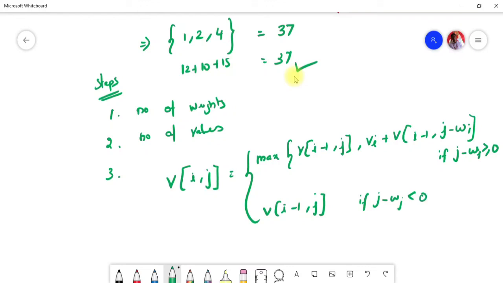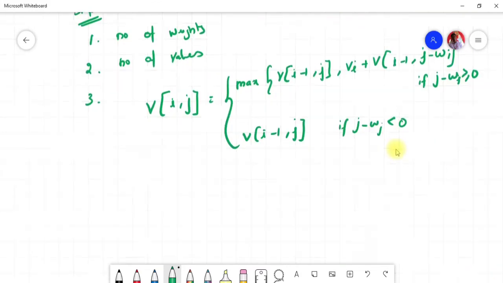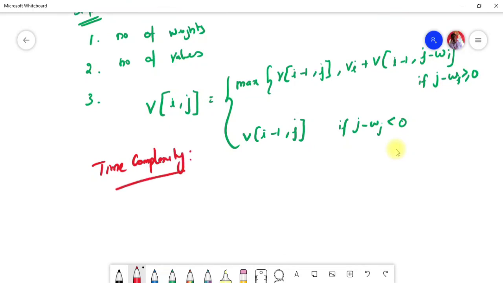The time complexity for this problem is very simple. So let me take the time complexity. Here, what is going to be the input data? We are going to have n number of values, and then we are going to deal with weight, right?